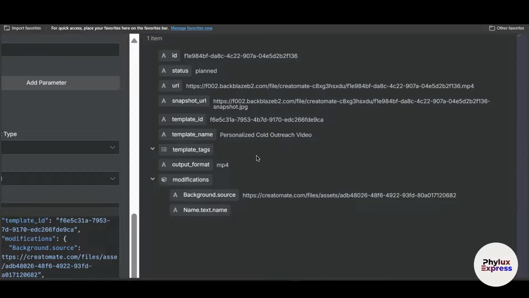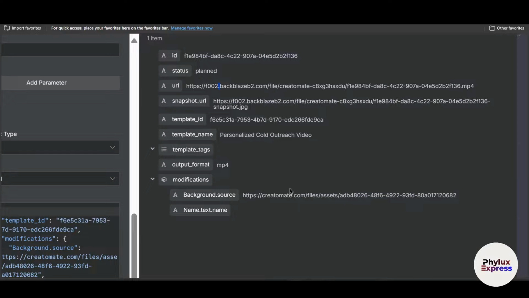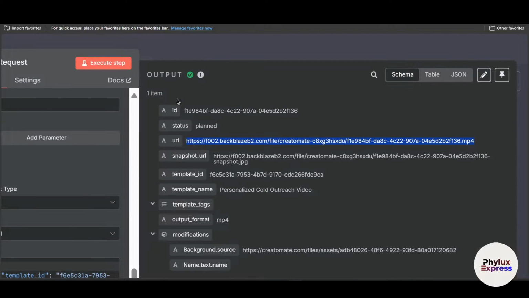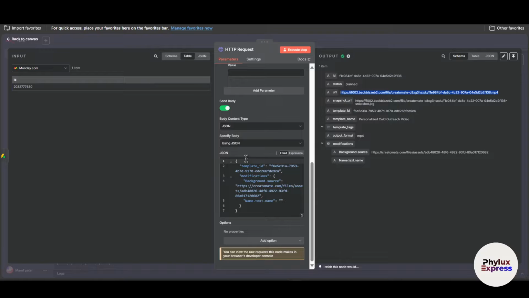If you want to see the video, what you have to do is just find the URL of the video. Let's see. In the output, in the third position, you will get the URL of this video. As you can see here, it works great. So this is how you can do that. This is basically how you can connect